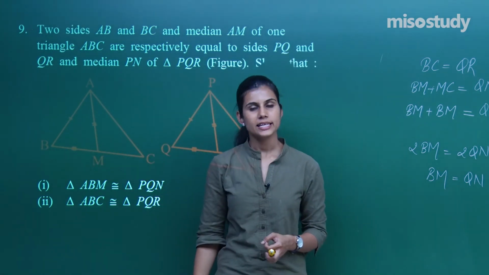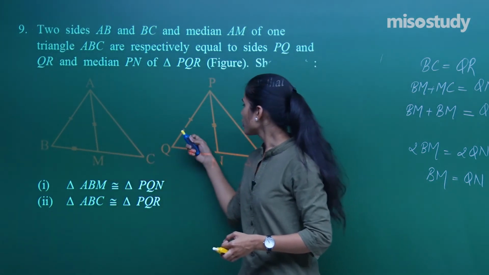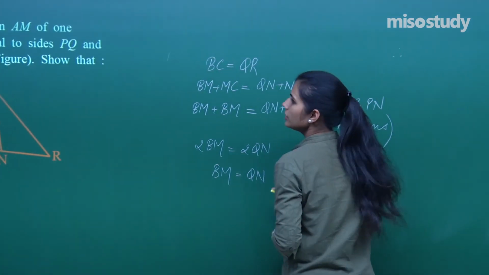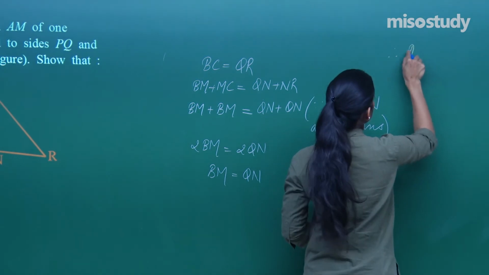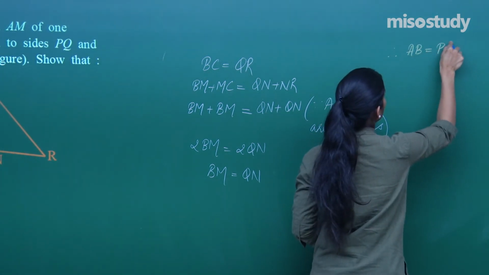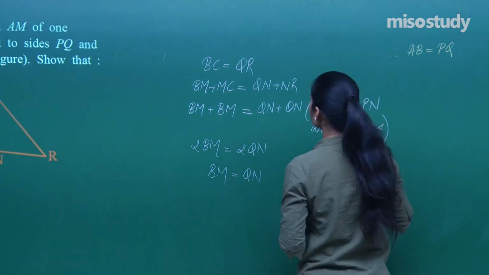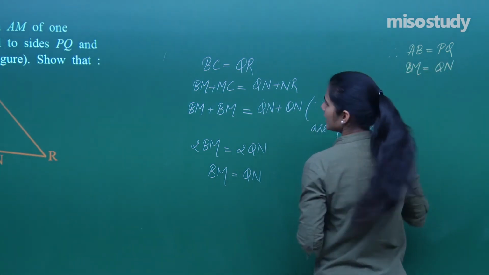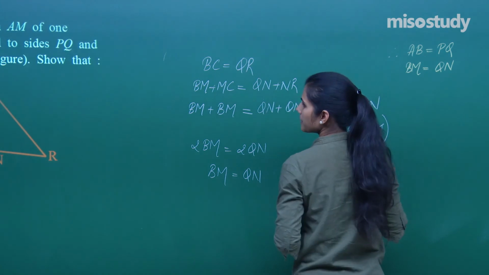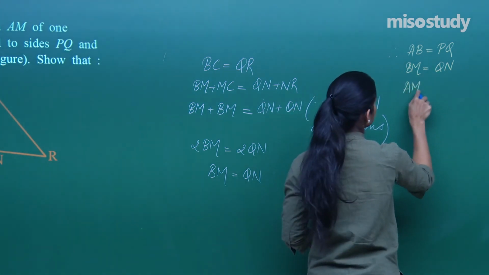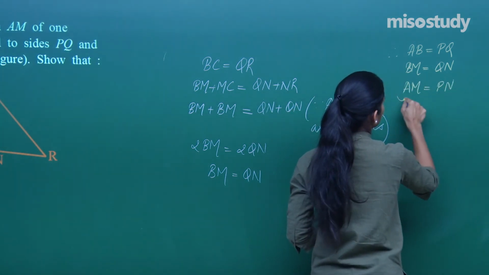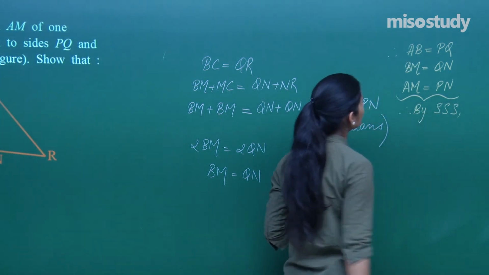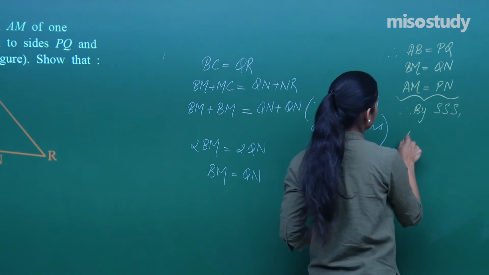So, by SSS congruence rule, these two triangles are going to be congruent. Therefore, AB is the same as PQ, I already have BM is the same as QN, and I have the length of median the same, AM is the same as PN. Therefore, by SSS congruence rule,